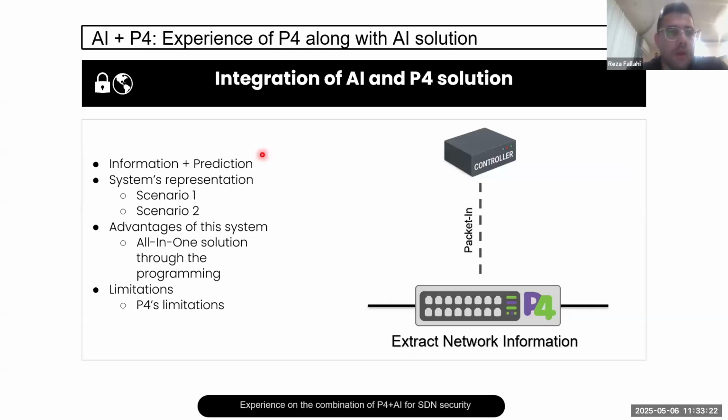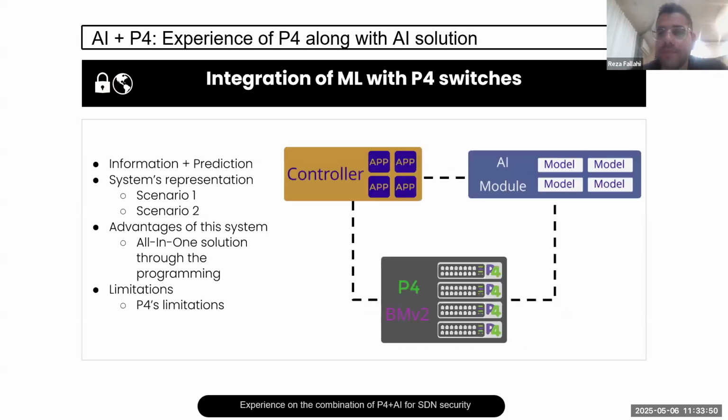So with all this in mind, we're going to have the final section of our talk. Of course, as we already mentioned, the P4 device, the P4 switch, is going to be the network feature extractor for the AI solutions. I'm going to be referring to AI solutions as the machine learning model, for example. For that, we're going to need network feature values in order to have a prediction, and P4 is going to be providing us that information.